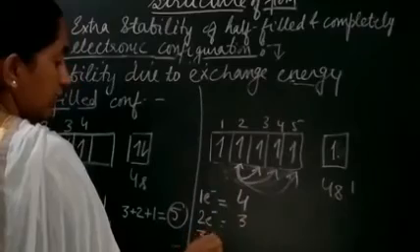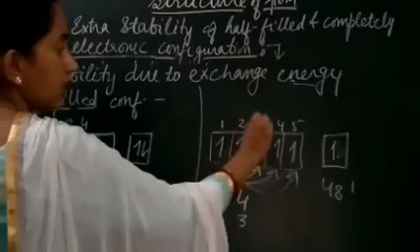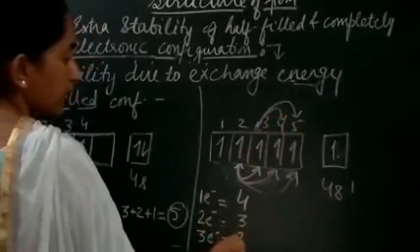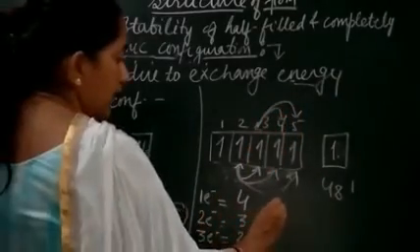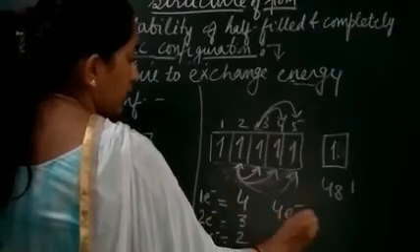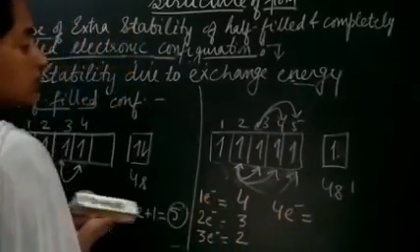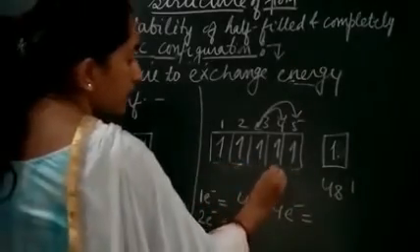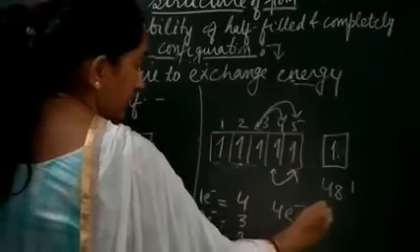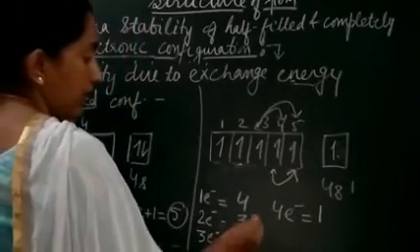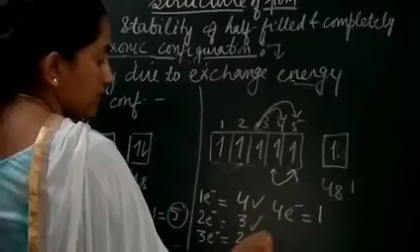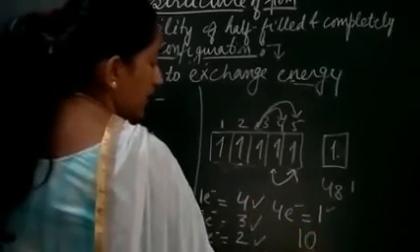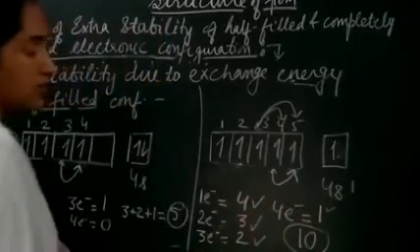Now for the third electron, how many is it? It will be third to fourth, third to fifth, 2. Right? Now for the fourth electron, how much will it be, students? It will be 1. Right? Now in total, how many are we getting? 4 plus 3 plus 2 plus 1. So 4 plus 3 is 7, 8, 9, and plus 1, 10 exchange positions are possible, right?